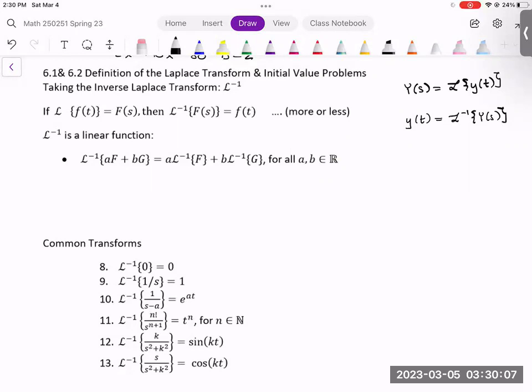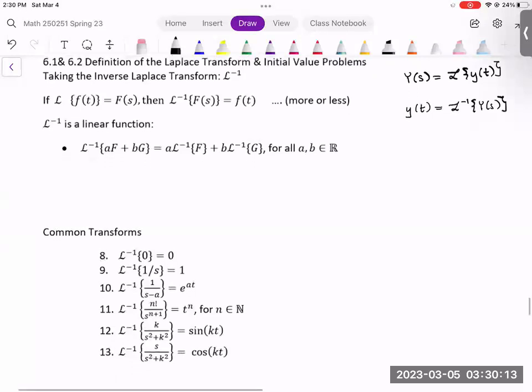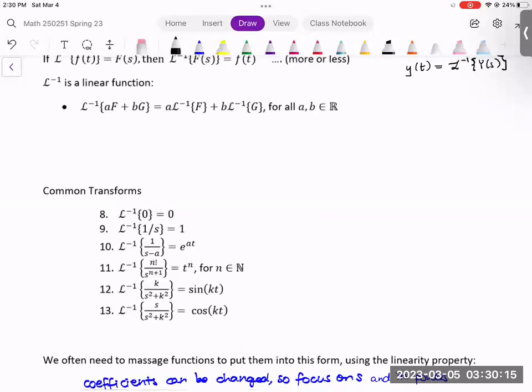And so this makes it very convenient for working with sums. Okay, so below here is a list of some common transforms. So for example, if we wanted to know the inverse Laplace transform of 1 over s plus 3 over